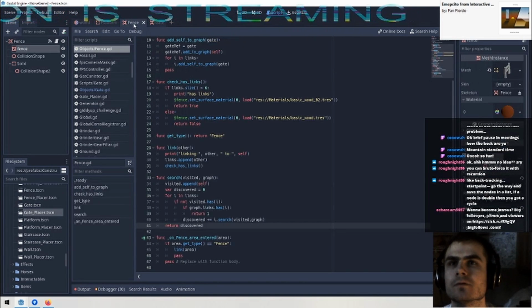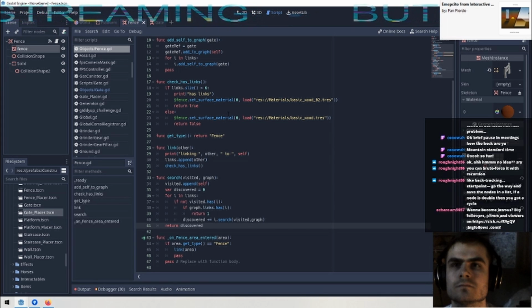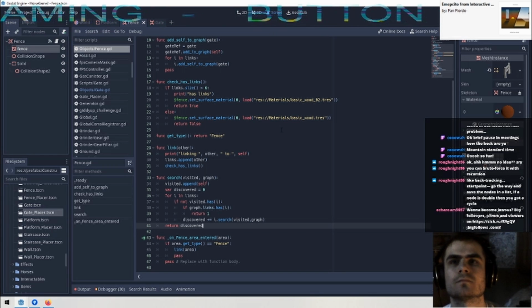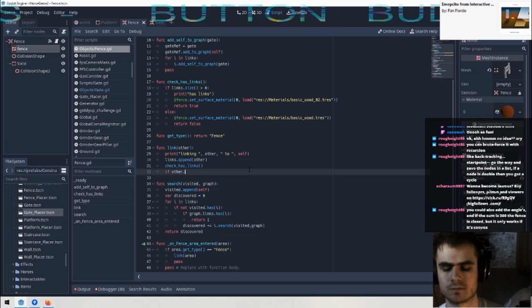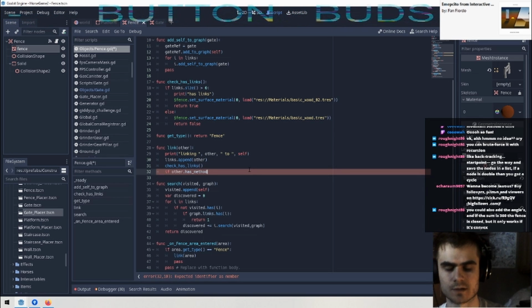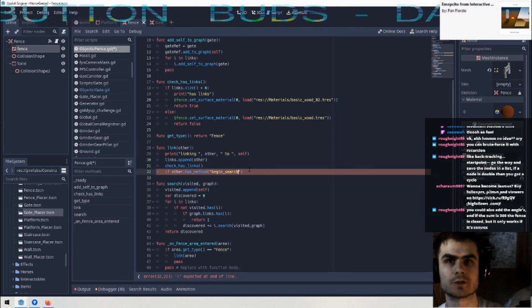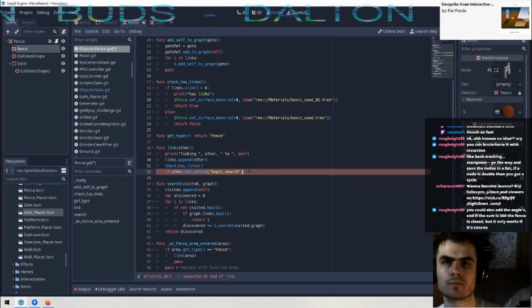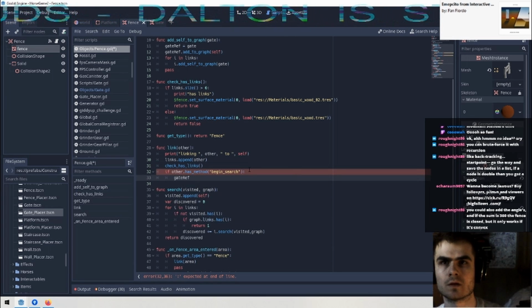So what does link other do? Link other check has links, okay. If other dot has method begin search, gateref equals other,